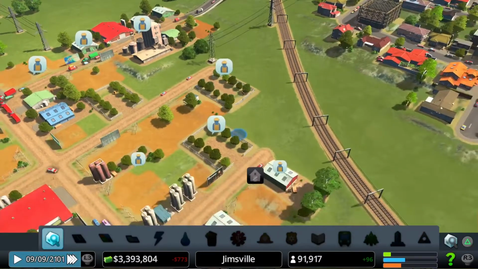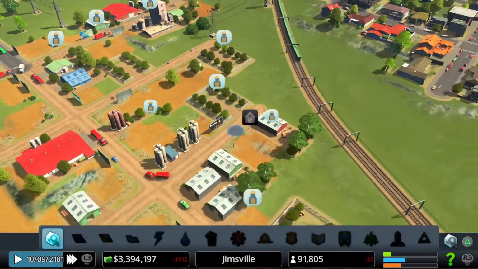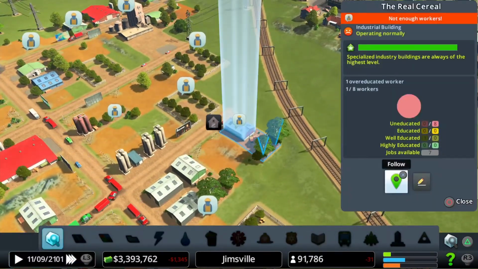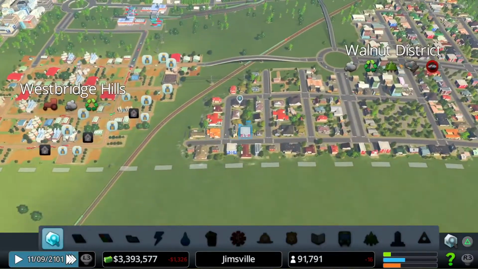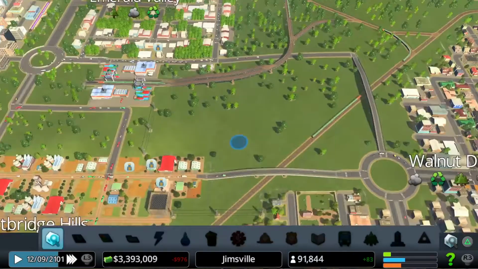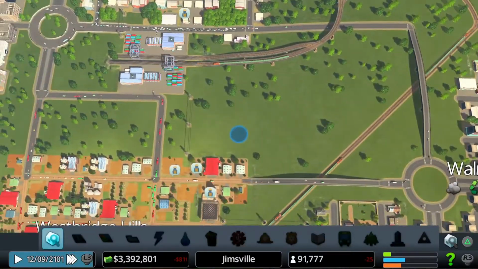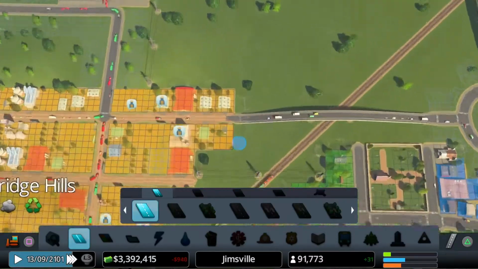This one's got 3 people in. This one's got 4. So they are getting some workers, just not enough at the moment. Maybe I need to... I don't know, is there anywhere else I can maybe put a few houses in here as well? Yeah, let's do that. Let's add a few more houses just off here as well.